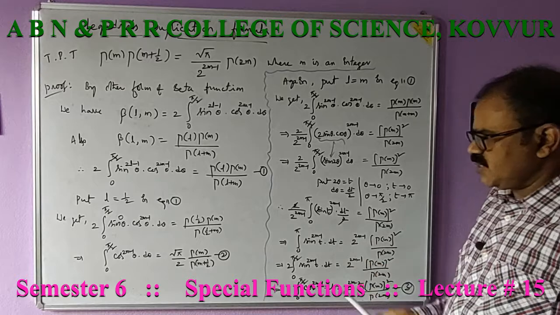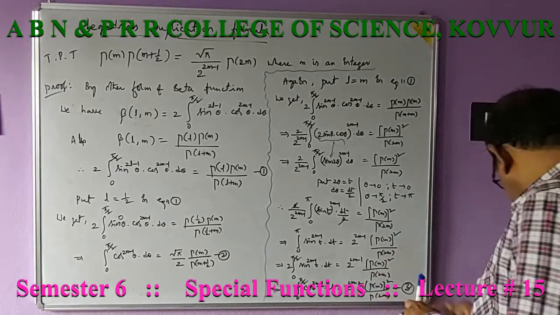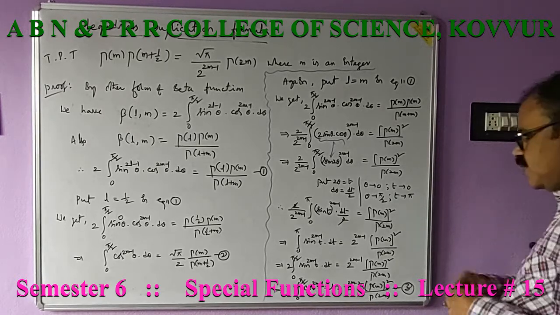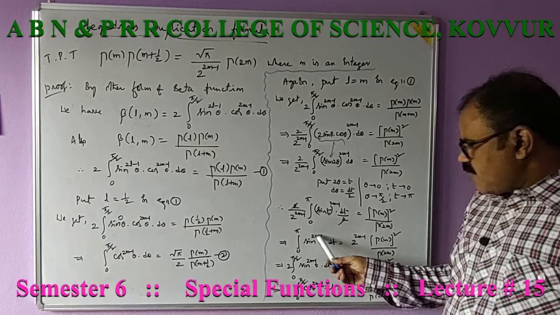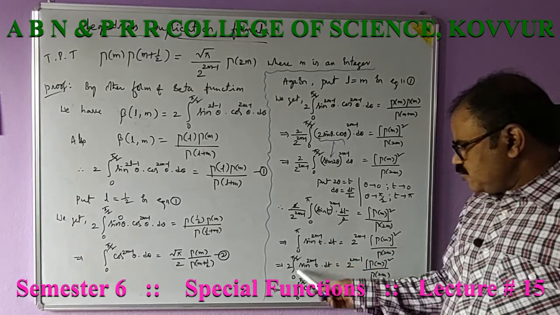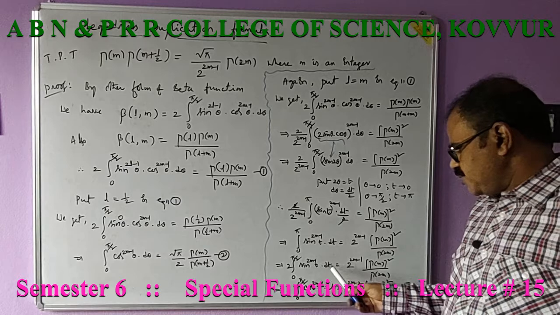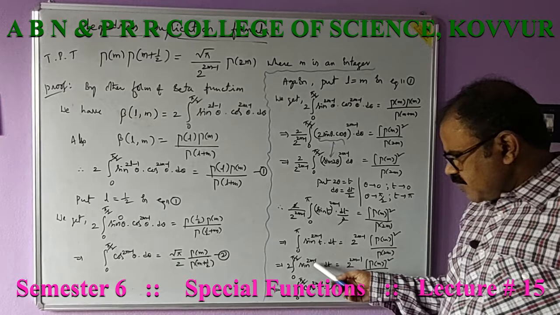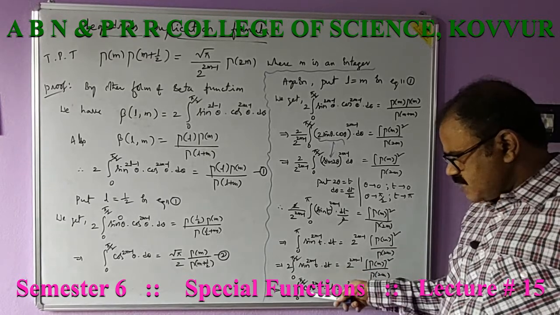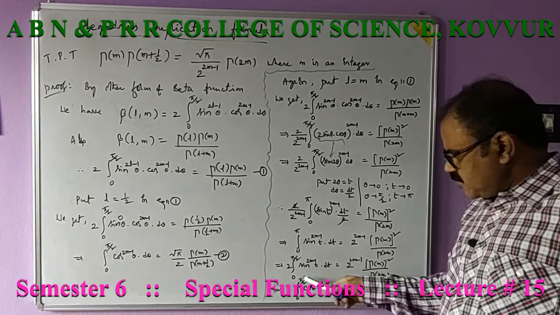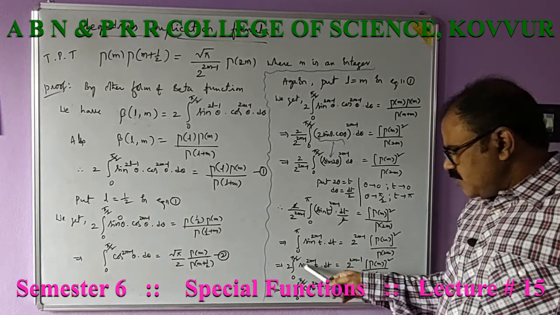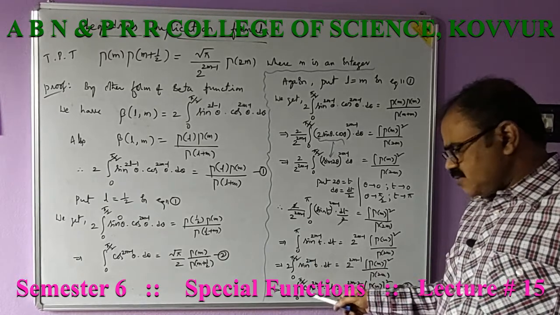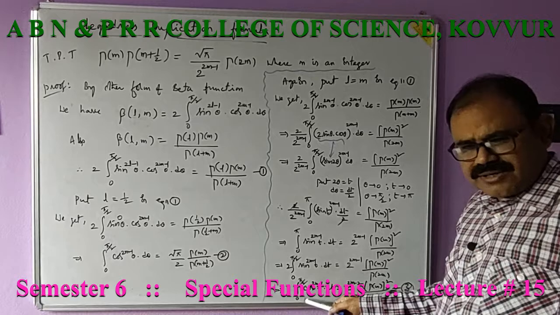Here there are two things. The integral 0 to pi of sin to the power of n theta d theta can be written as 2 into the integral 0 to pi by 2 of sin to the power of 2m minus 1 theta d theta, and between the limits 0 and pi by 2, sin to the power of n theta d theta is the same as cos to the power of n theta d theta between the limits 0 and pi by 2. Therefore sin to the power of n theta can be replaced with cos. So both are equal, they give equal value.